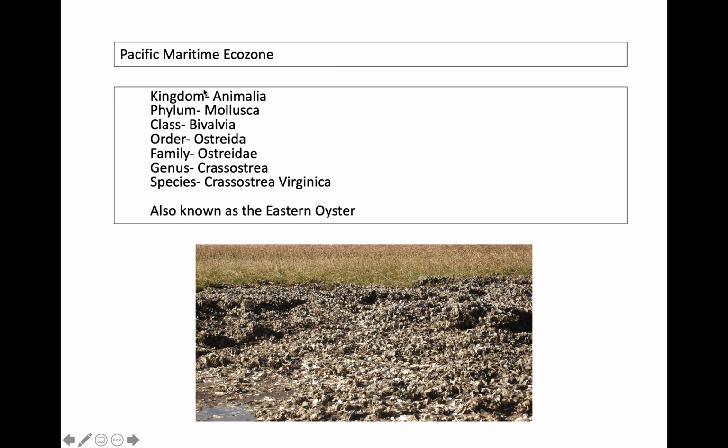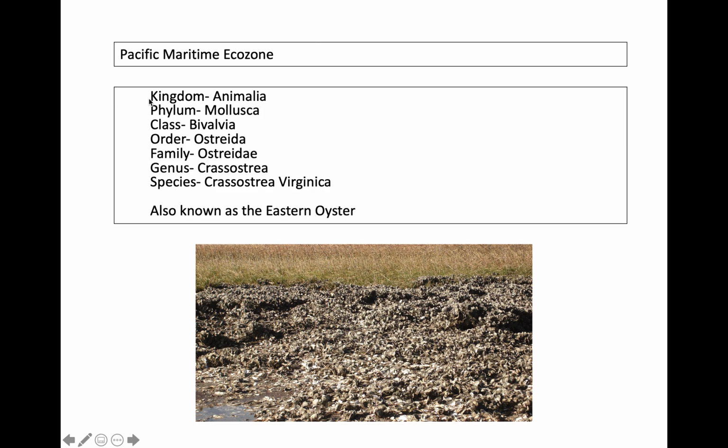It mainly lives in the Pacific Maritime ecozone in very tropical areas. It's in the reproductive areas there and also sustaining life there. These are the classifications more